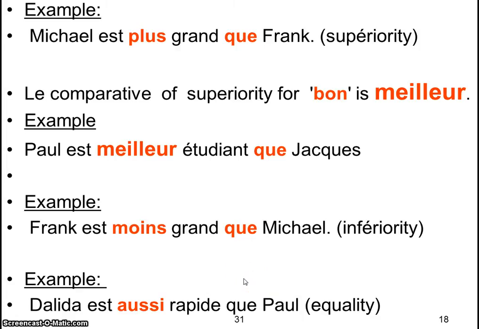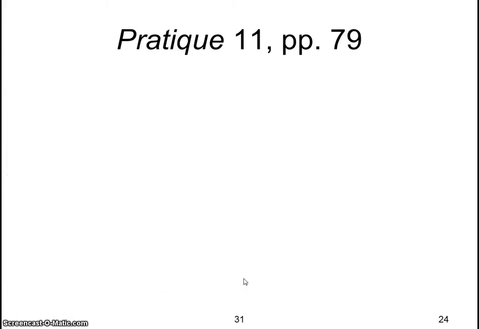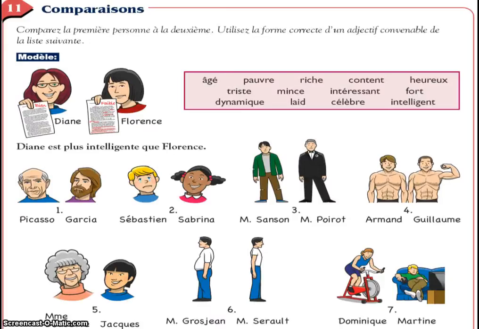So we're gonna go ahead and practice by doing activity 11 as your homework. Okay, so basically you're gonna do activity 11 on page 79 in your textbook and turn that in on Edmodo. So here you have an activity 11. You have to compare the first to the second person. Ok, comparer la première personne à la deuxième personne. Utiliser la forme correcte d'un adjectif convenable